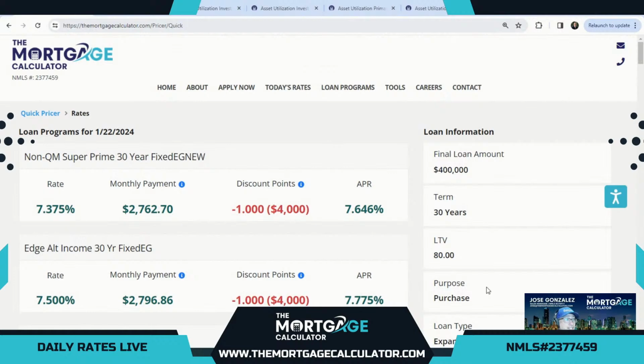Wow, when you look at that, 7.375. So the rate is pretty much almost what it was. Full doc was 7.25 at 0.875. Bank statements is 7.375 at 1 point. So very little difference. So if you do have that self-employed borrower, do not try to put the square peg